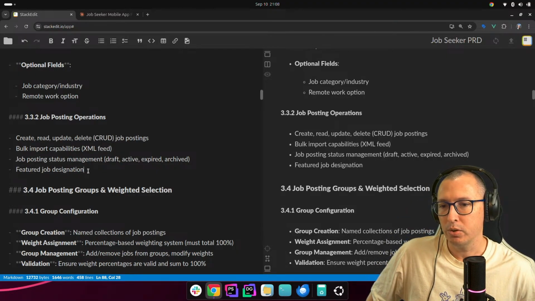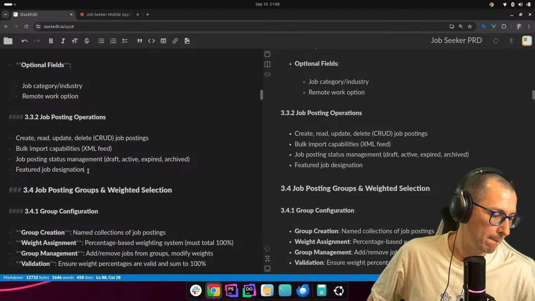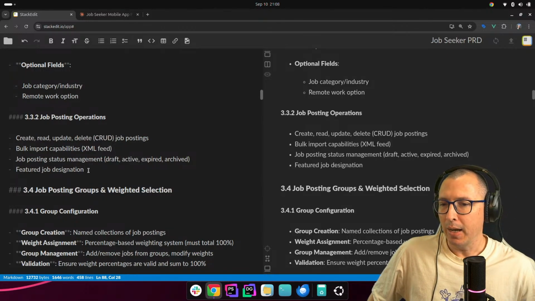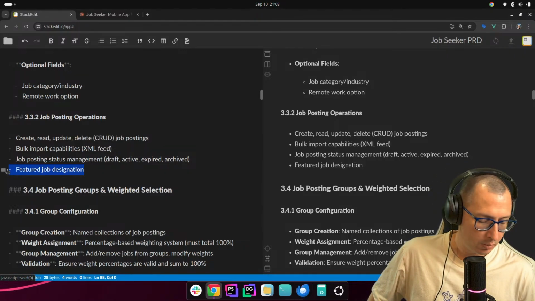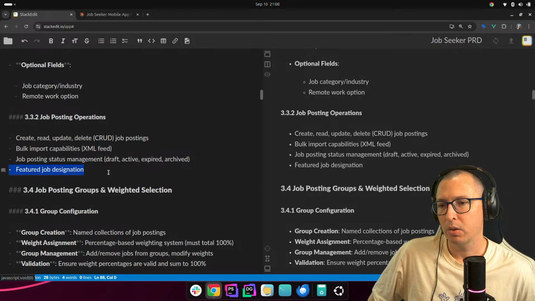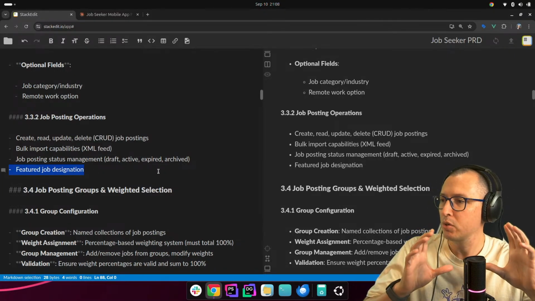And feature job designation. That honestly, no. This is going to work differently. We're not going to have a feature job.